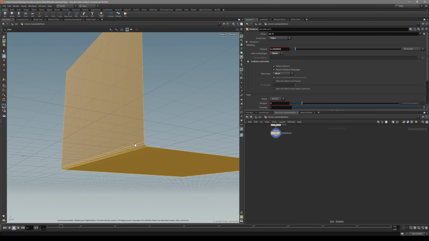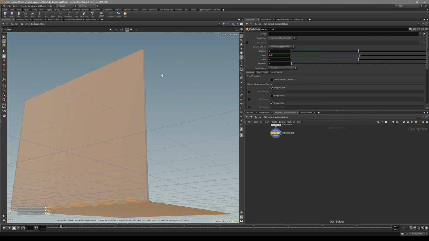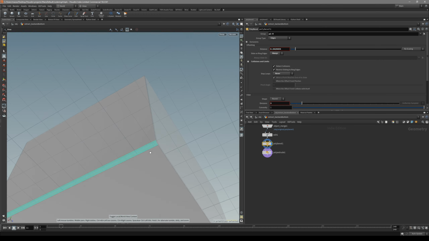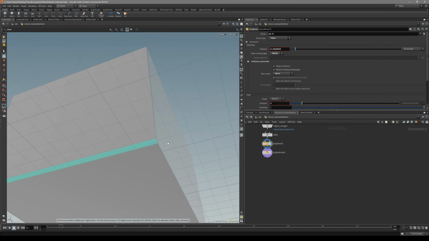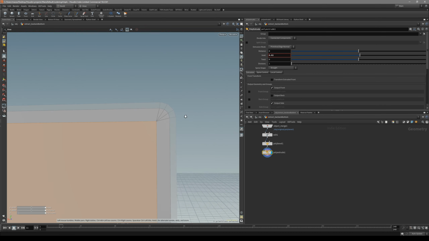So let's just select everything and let's put down a poly extrude. So in poly extrude, we do not want distance, but we want to inset it. So insert it inwards, because without the poly extrude, this is basically the exact shape that we want. What we want to do is add thickness inwards. So let's go back to the poly extrude. And so it's nice for poly extrude that actually is not going to overlap any of these. So something like this. You can see if we wanted to extrude more, it would not overlap, and we could easily fuse them together. But for now we don't really need that much. Something like this,